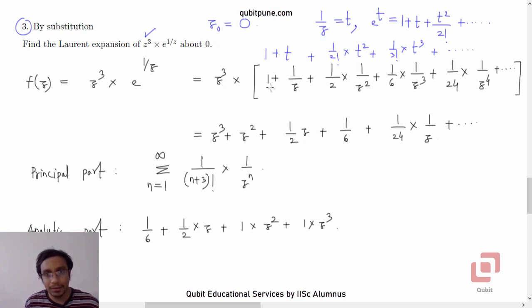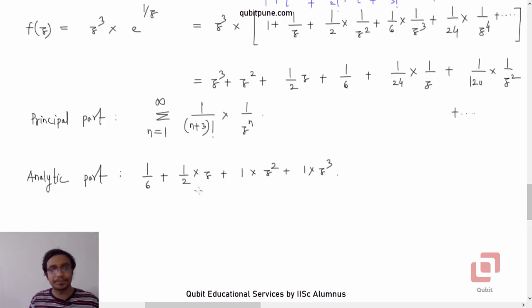So it is z cubed into 1, so z cube plus z squared plus z by 2 plus 1 over 6, and see, after this you'll go on getting powers of z which are negative. Okay, if we were to write the next term, it is going to be 1 over 120 into 1 upon z squared. All right, which is basically t to the power 5 upon 5 factorial, and you have z cube here, which means in this case